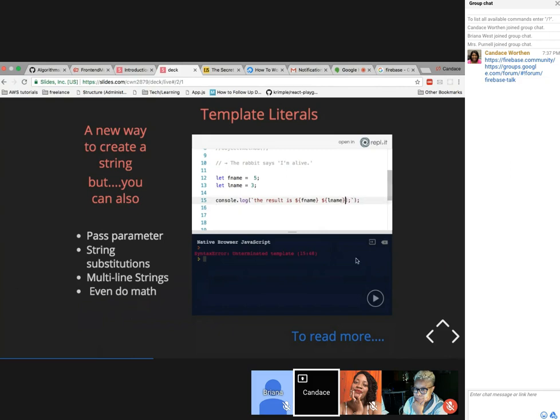What's happening? Okay, there we go. Then we would have, the result is 5, 3. And we can put it on different lines like so. We can also do math as well. So if I wanted to add these two together and